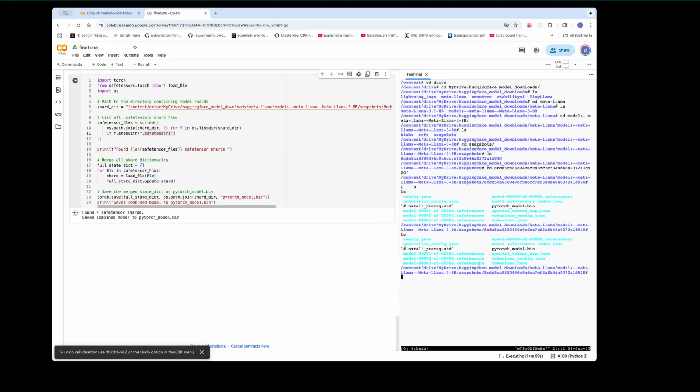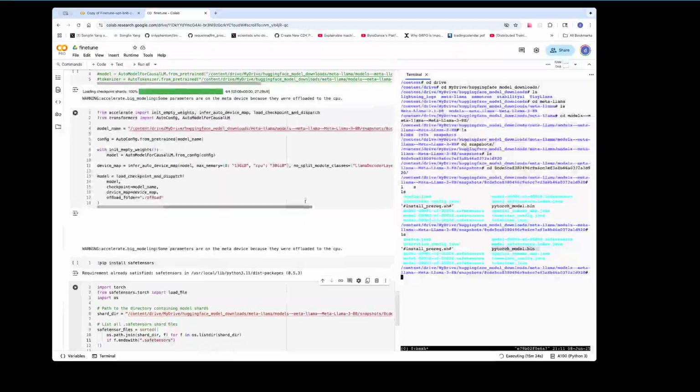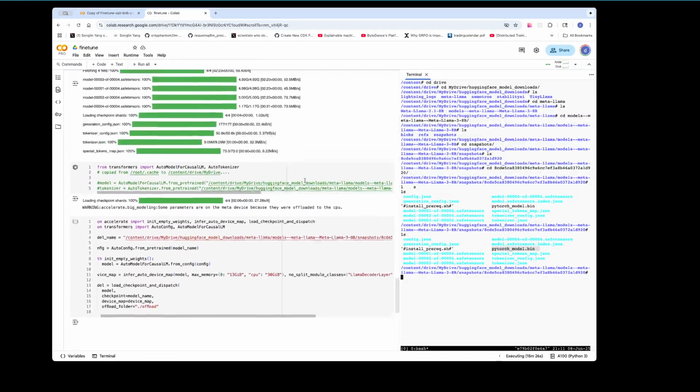So there are safe tensor files, or JSON files, there's config.json files. The tokenizer.json configures the tokenizer, and the config.json configures the model with the weights. And I think all the weights are these safe tensor files. So this program I got from OpenAI, ChatGPT, converts these safe tensor files into a PyTorch model.bin file. And we need that PyTorch.bin file